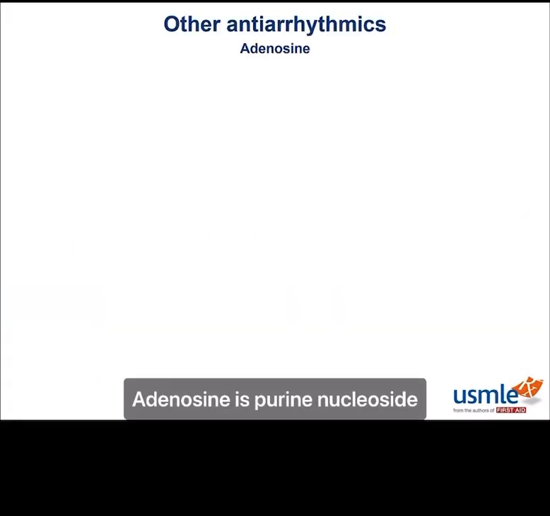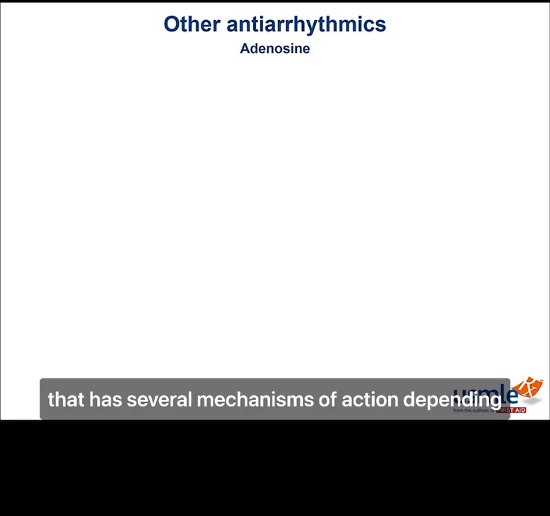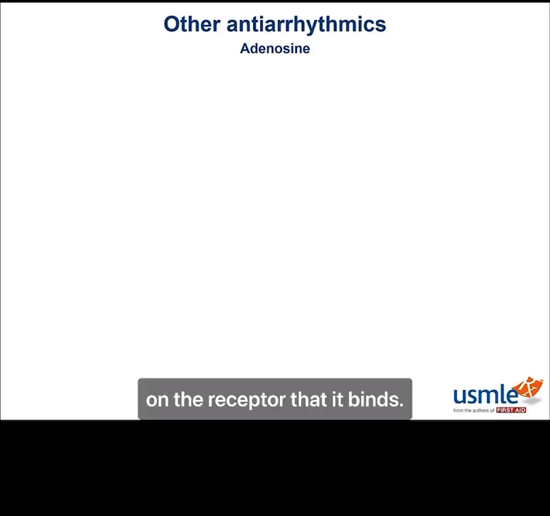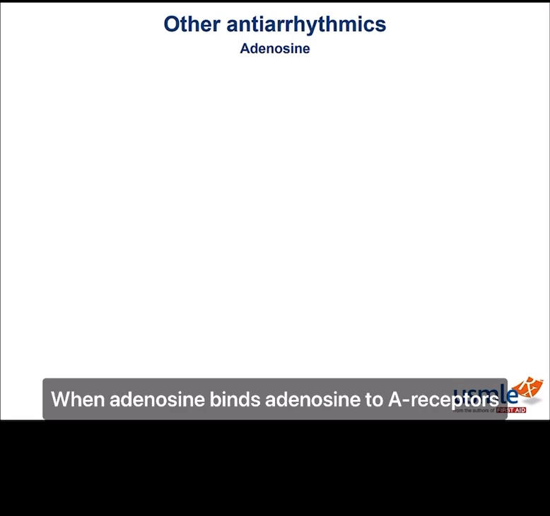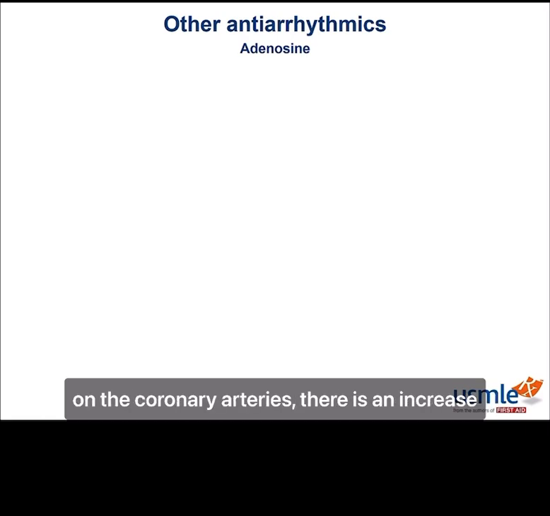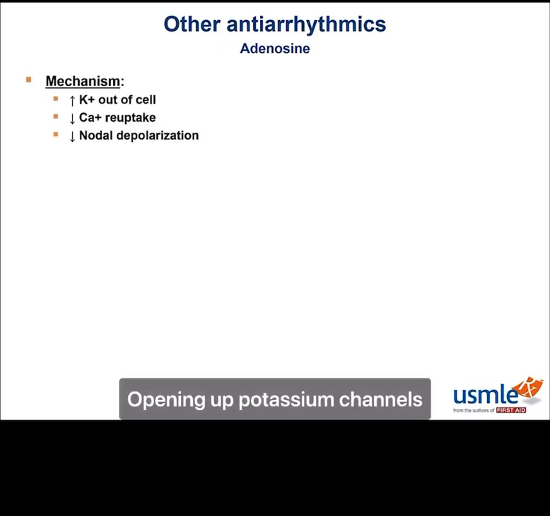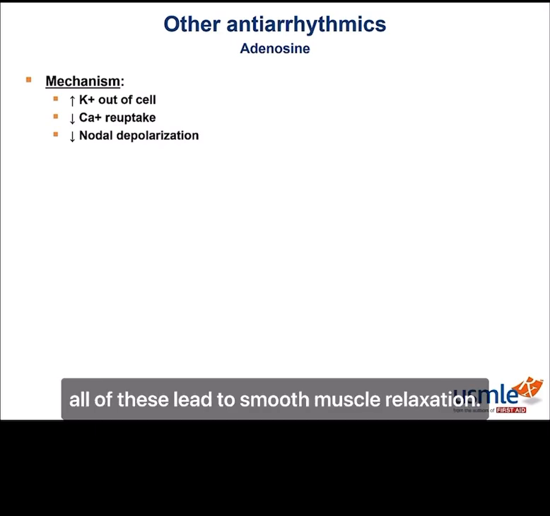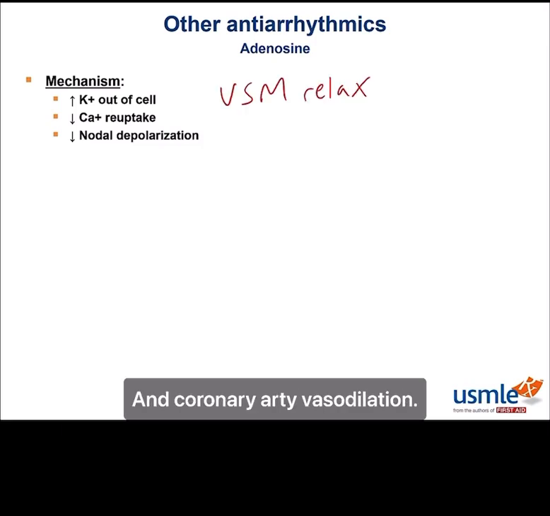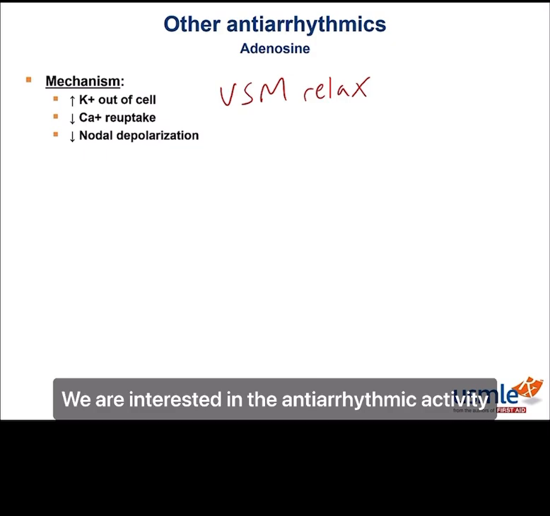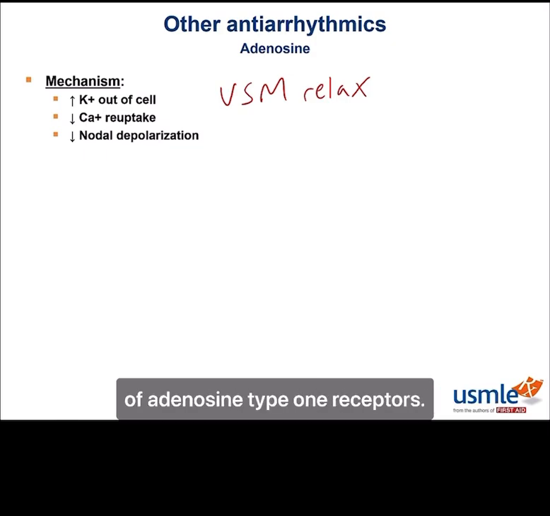Adenosine is a purine nucleoside that has several mechanisms of action depending on the receptor that it binds. When adenosine binds adenosine 2A receptors on the coronary arteries, there is an increase in cyclic AMP, opening of potassium channels, and a sharp drop in calcium reuptake. All of these lead to smooth muscle relaxation and coronary artery vasodilation. We are interested in the antiarrhythmic activity of adenosine, which is mainly due to activation of adenosine